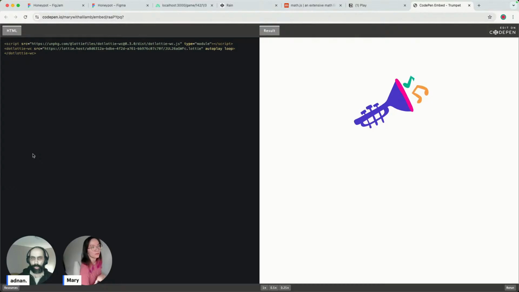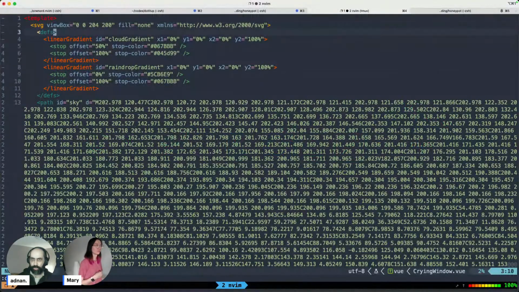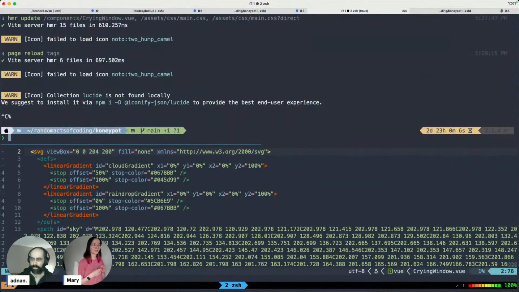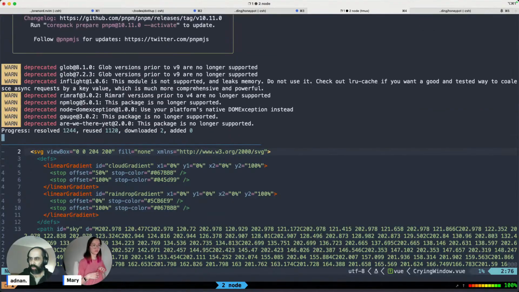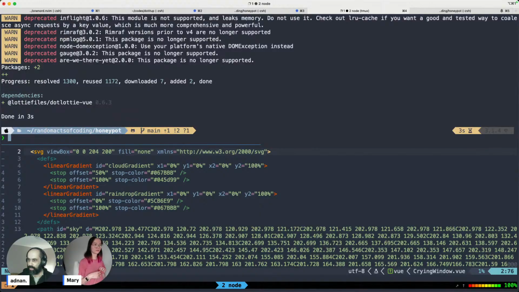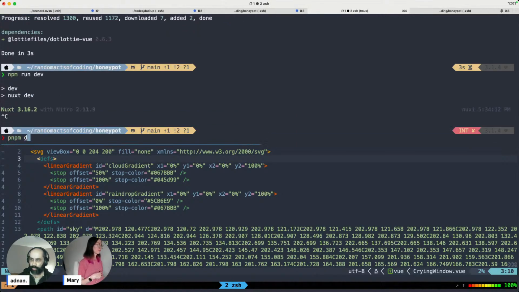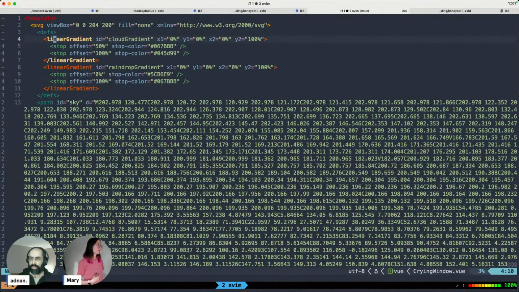Okay, so we'll implement. I mean, we'll have both, I guess, in our app now. So let's go here and add Lottie view, and then we want to import it into our app. So that's done. I can restart the dev server here. Okay, and then